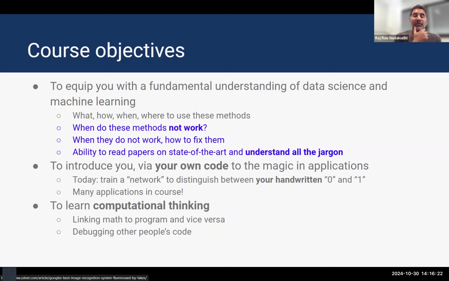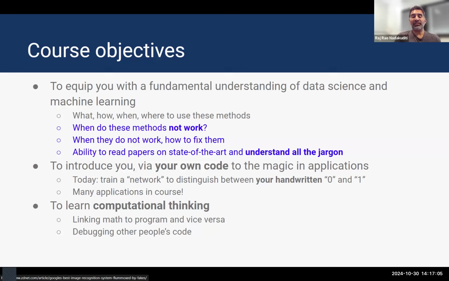Our particular focus and the way we'll go about it is rather experiential, which means you'll be learning by coding rather than watching me code. Via your code, you'll learn how these different components come together, and you'll see that when these components come together, the application is really quite magical. For example, by the end of even module 1, you will have trained a neural network to distinguish between handwritten digits in your own handwriting, between a 0 and a 1. There are many such applications throughout the course that let you learn things experientially, but also code it up in the way that's important and critical for these ML and AI algorithms that are out there and already doing well.